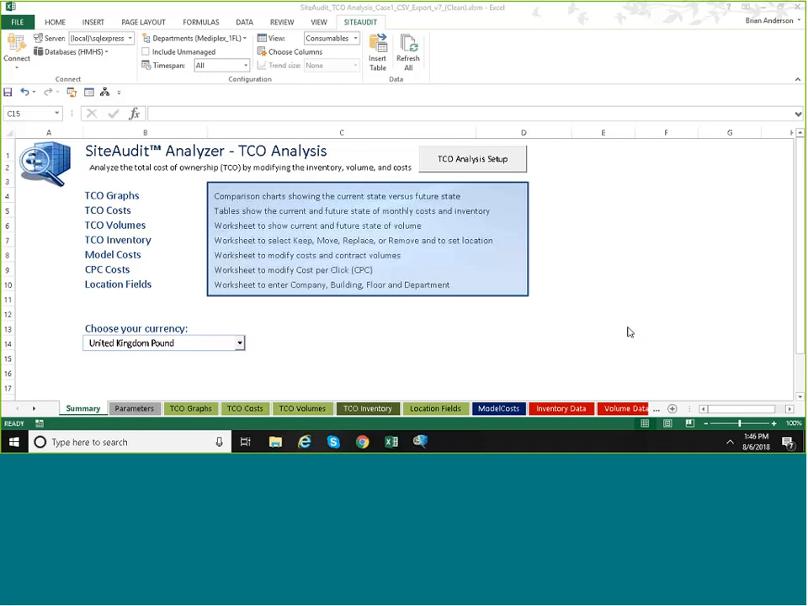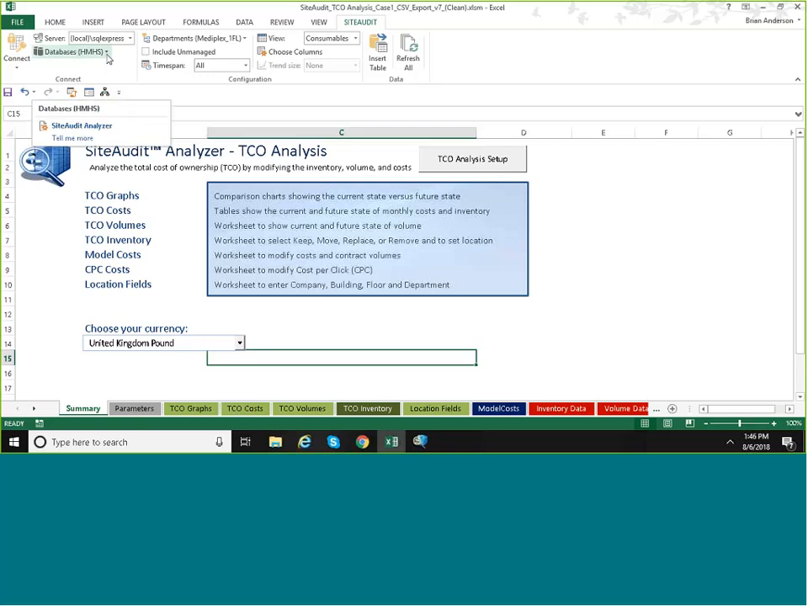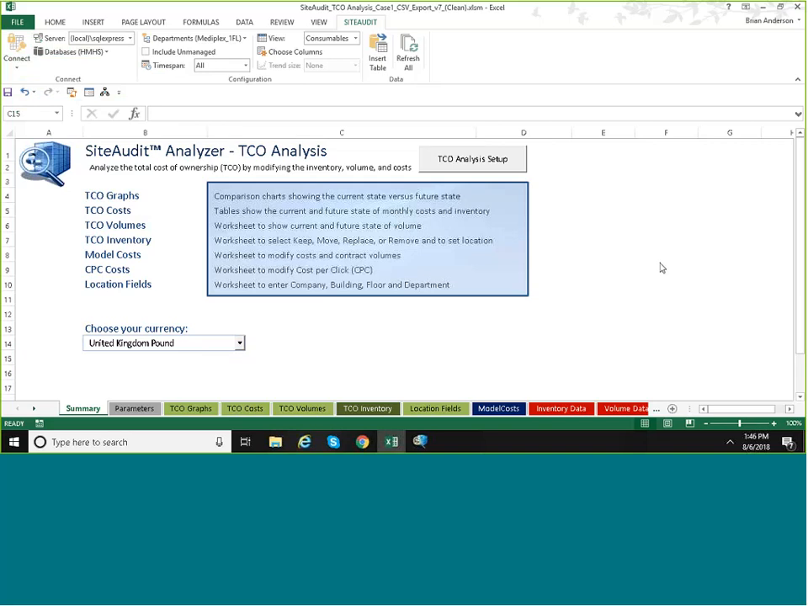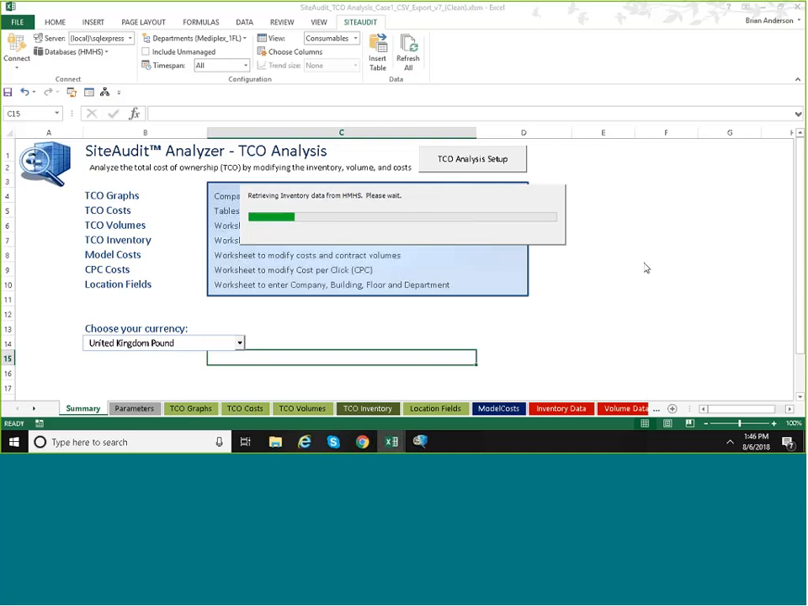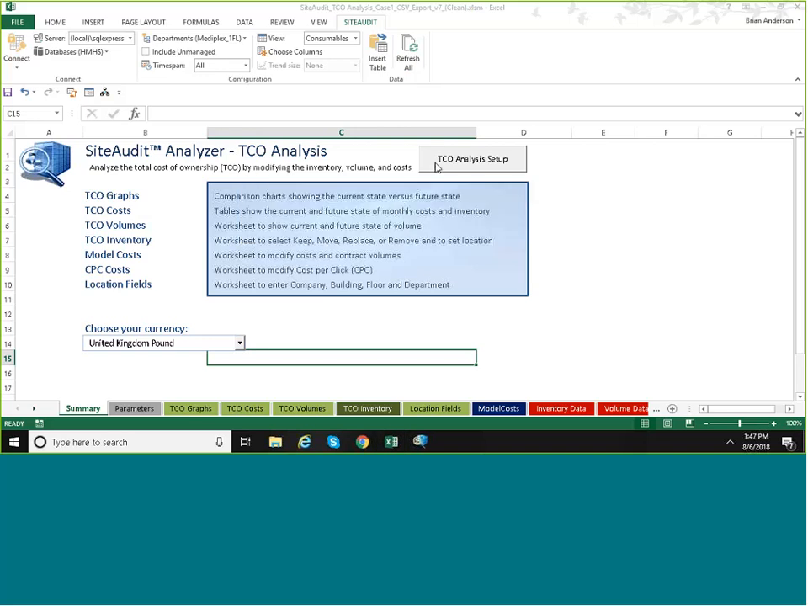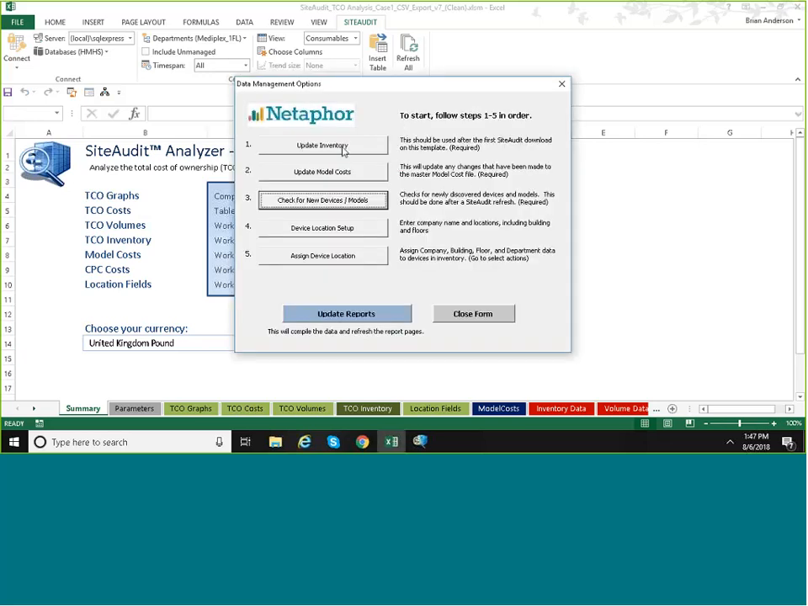I'm going to start by selecting a data source. So here I could select an on-site database, or if I was using hosted, I could select a source that's in the cloud as well. Then once I've selected that, I'll bring in the data by selecting Refresh All. And once that's complete, then I'll use the TCO analysis setup form in order to bring the right information into